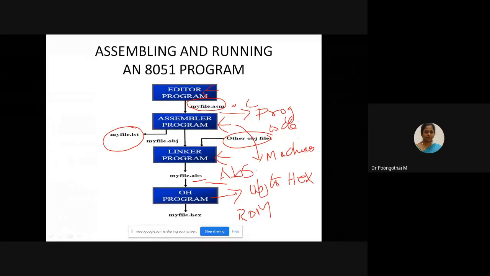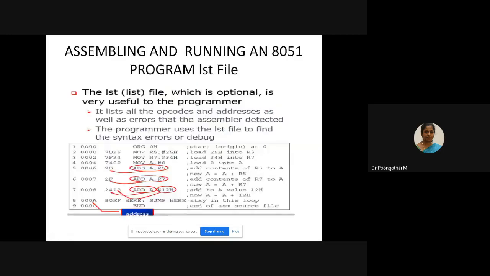The assembler converts instructions into machine code, and it will create two files, the object file and the list file, and that is given to the linker. The output of the linker is a file with the .abs extension. That is given to the object to hex converter. So finally your file is ready to burn into the ROM. These are the processes involved in assembly language programming.